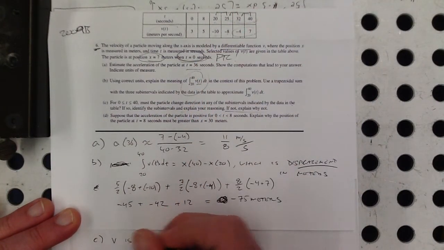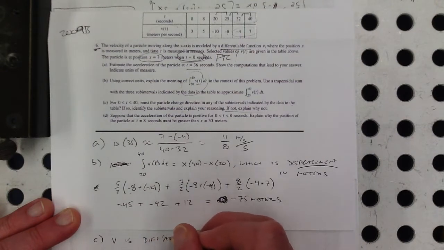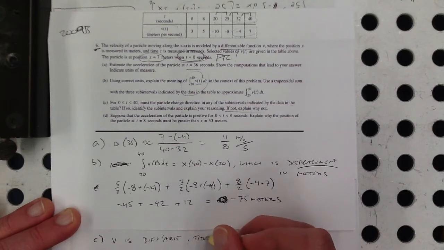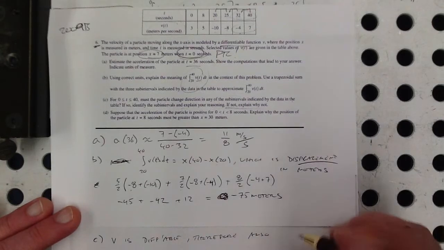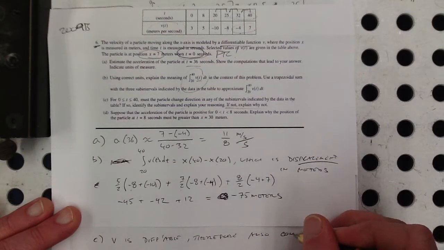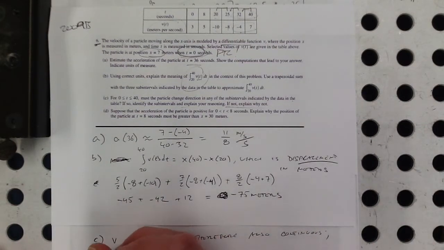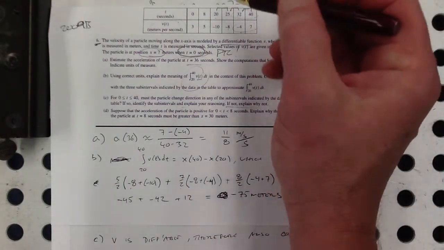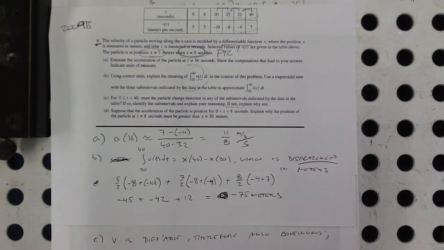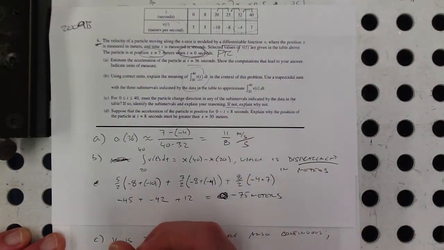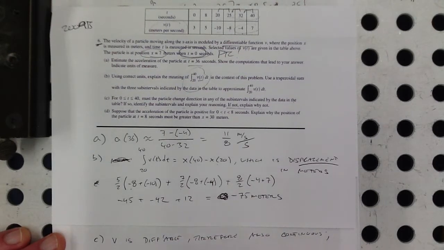So v is differentiable, therefore also continuous. So what's the theorem that says that if a continuous function goes from 5 to negative 10, it's got to cross over 0? That is the intermediate value theorem. We're not talking about slopes here, we're just talking about the actual values of this. So by the intermediate value theorem, the IVT,